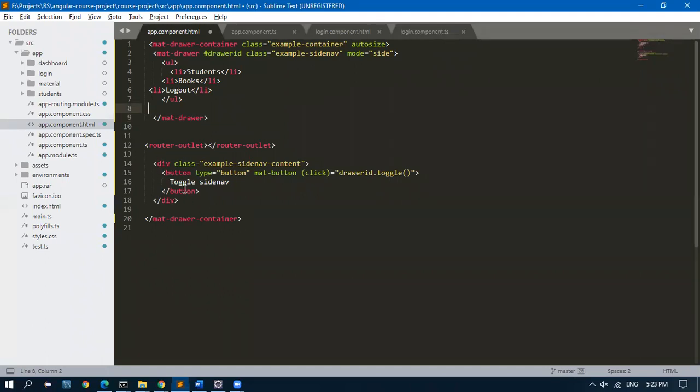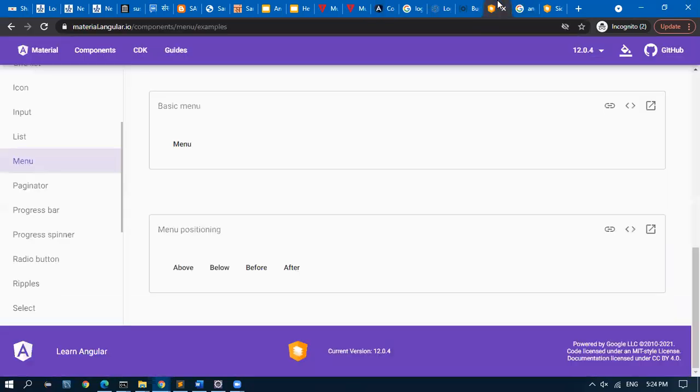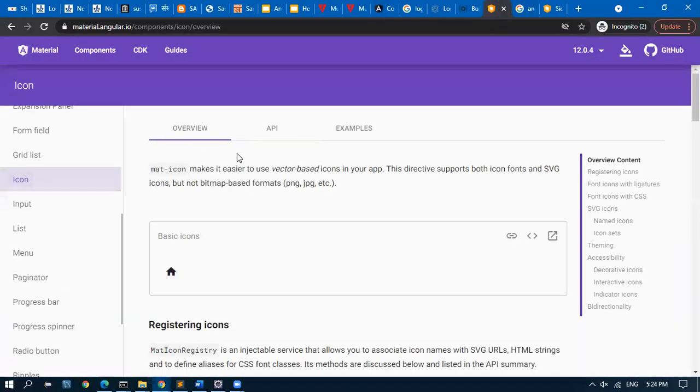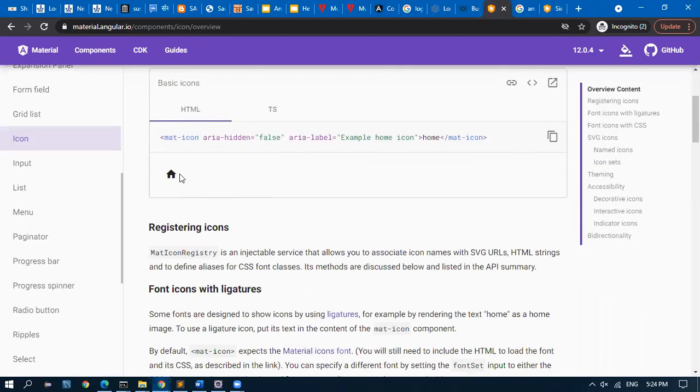Do you understand how we are bringing this in? This is just a direct piece of code. I put this drawer content here, and I give a button to trigger. Now this button, I will change it to an icon. So how do we use that? We have an icon. Everything is inbuilt. Otherwise, we would be breaking our head building things. We can just reuse, and we should know how to change the stuff. I'm just using whatever is available. I'm changing the UI, the label, and the position.